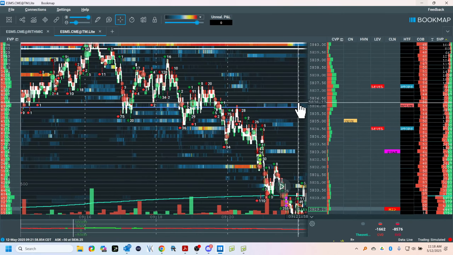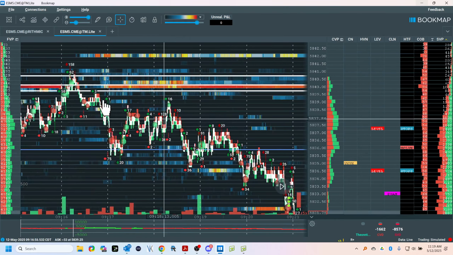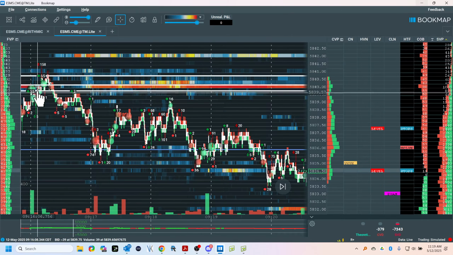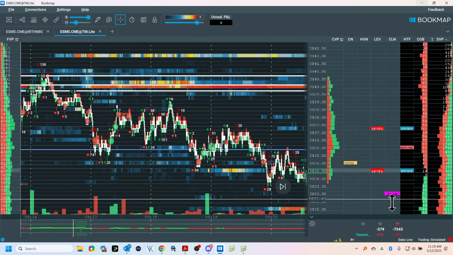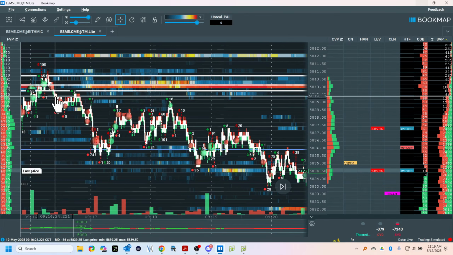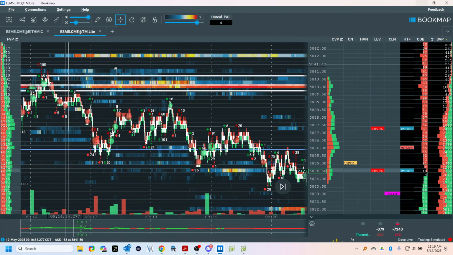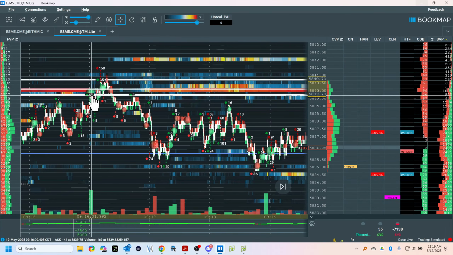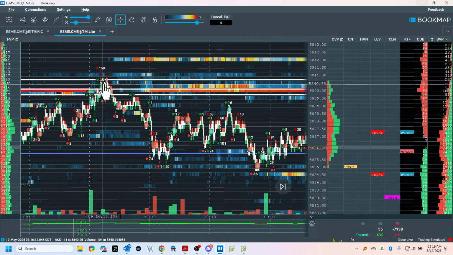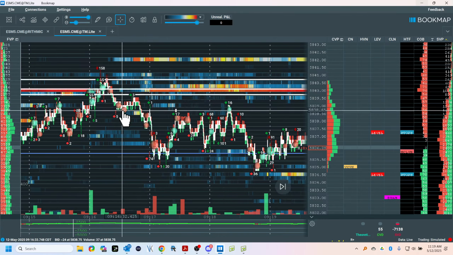Now I didn't get to take this one. There's my liquidity. There's my buyers. Buy stops coming out. And what am I trying to trade? Outside in, which is reversion trading. So my volume is here. My sellers take control here. Now remember, let's look at the pieces. Let's try to put this together. It's here. So where this was coming from over to the left, now we're back in the area where the sellers were. The sellers, this is a trigger.